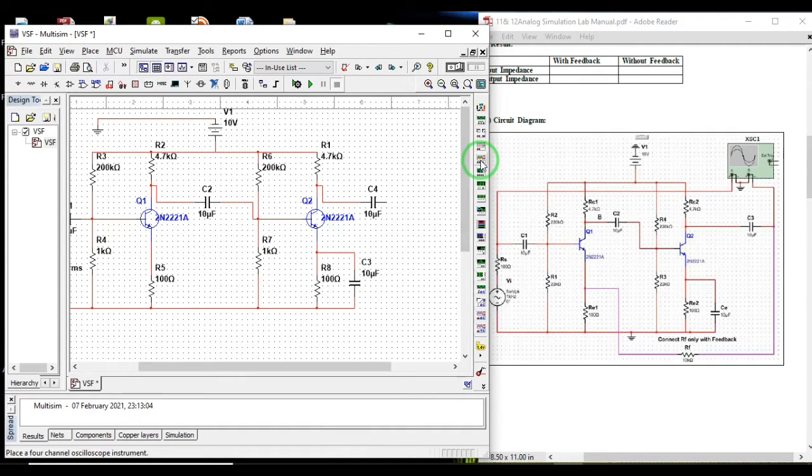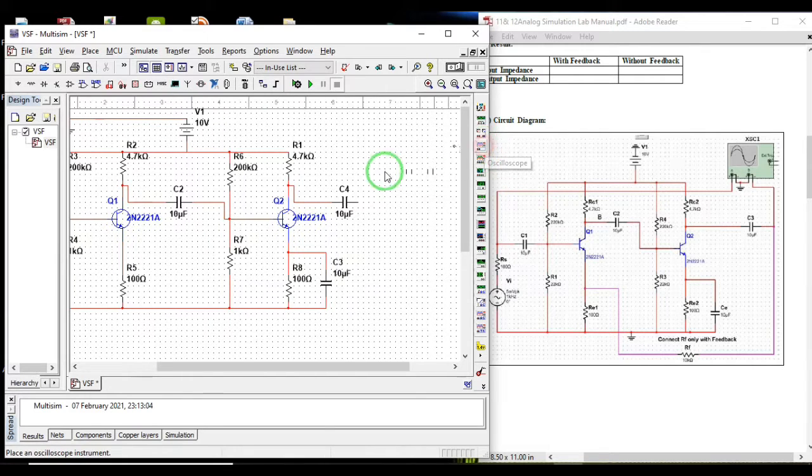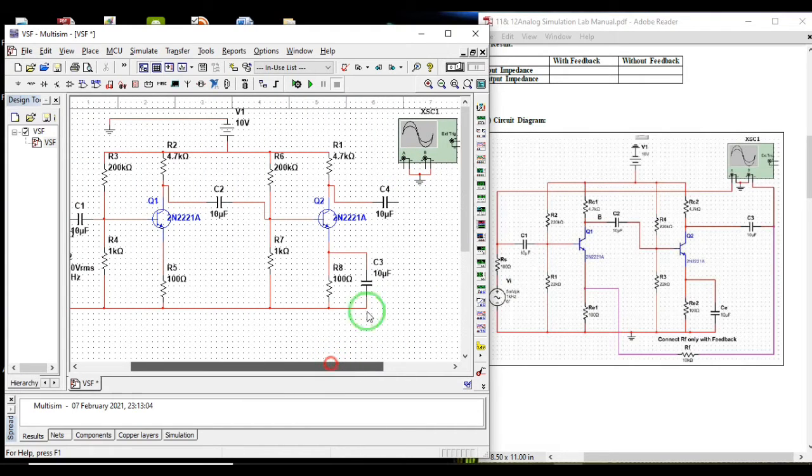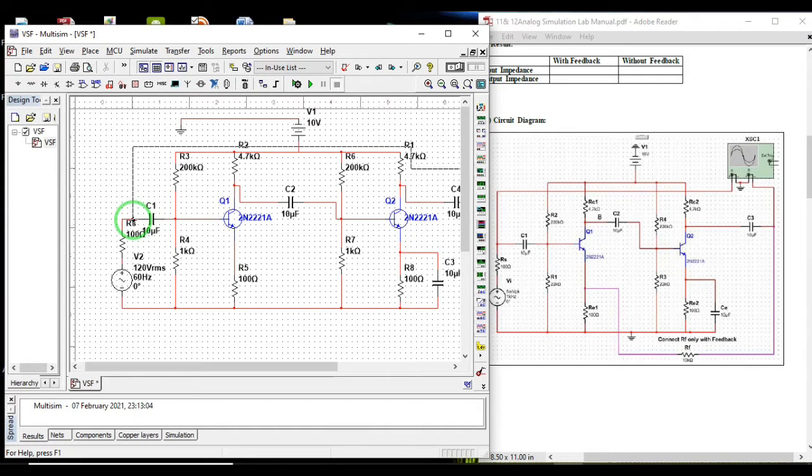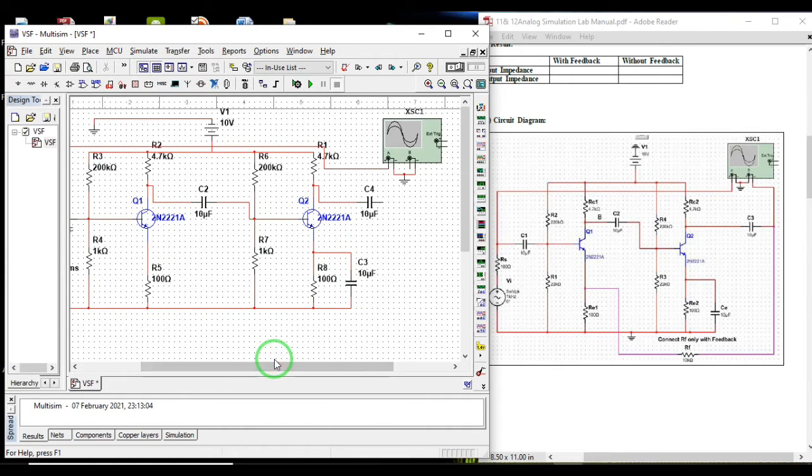Now we will take an oscilloscope, correct? Now, yes, both negatives we'll short it and we'll connect it with the Control C, Control V, ground, and positive will go to the input, yes, of channel A, and channel B will be the output.